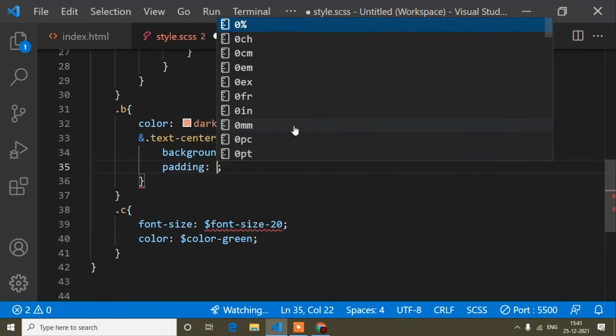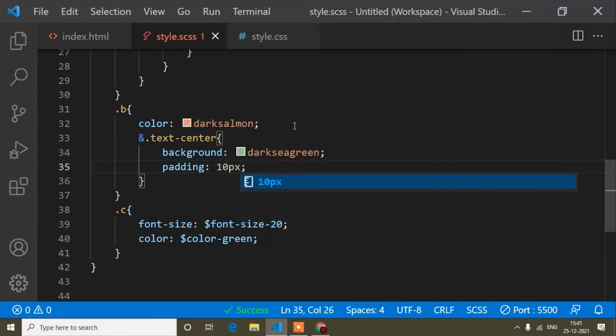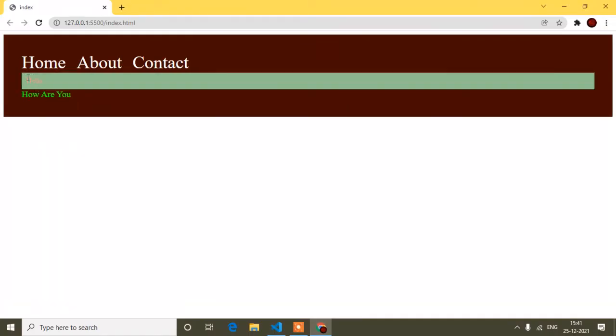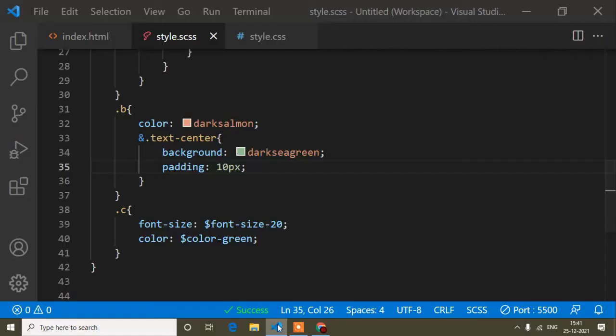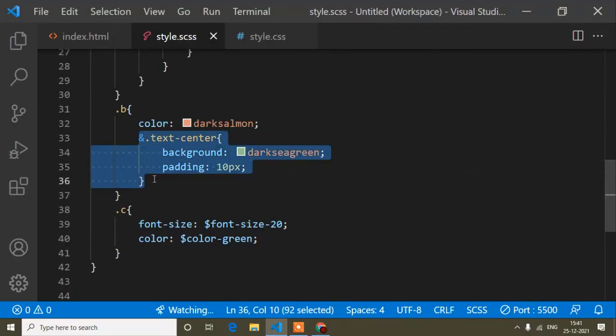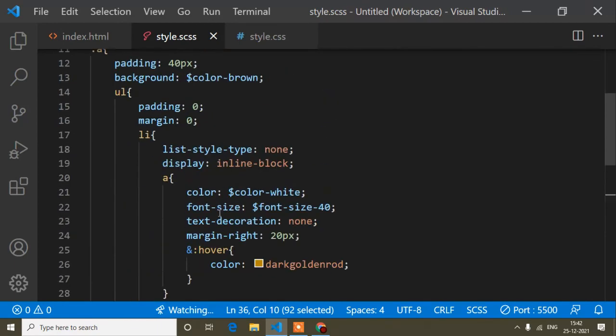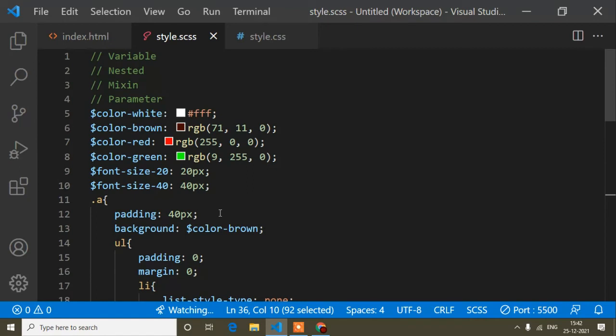And you want to add some padding, 10 pixel. So let's see. You can see it's added only for this b class, and you can write like this way. Okay, I hope it is clear. So the nested concept is clear. Okay, so now guys, nested concept is clear. So now I will come to the mixin part.